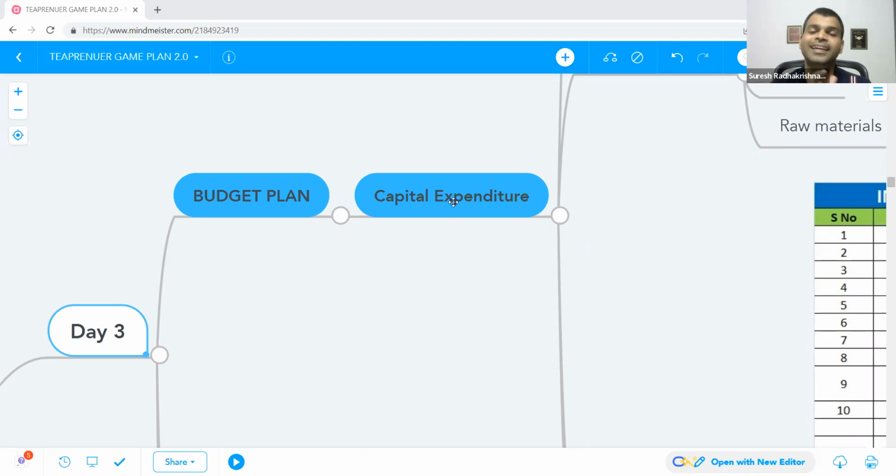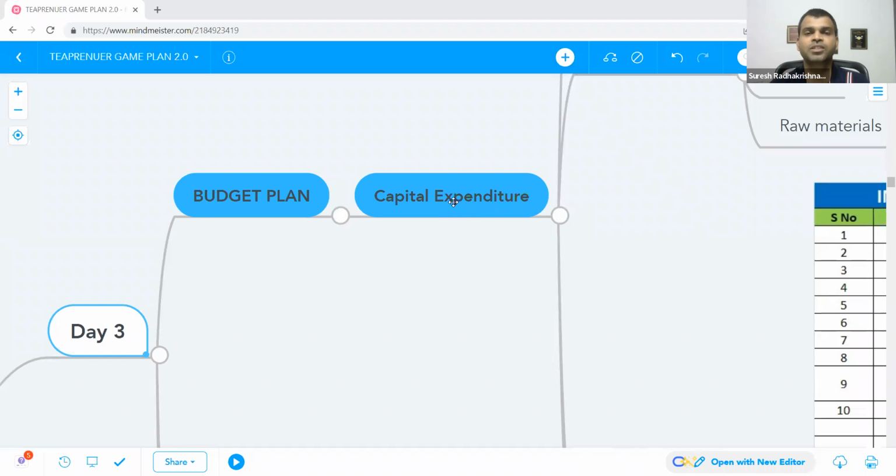These are all expenses required on a day-to-day basis. Of course, you will pay salaries once in a month, you will pay rentals once in a month. But if you split across, these are all your daily expenses, which are required for operations. Let's assume that it is taking 6 months. Rental, salaries, raw materials, all of these come to 50,000 rupees. I'm just putting a random number. Let's assume it is 50,000 rupees per month.